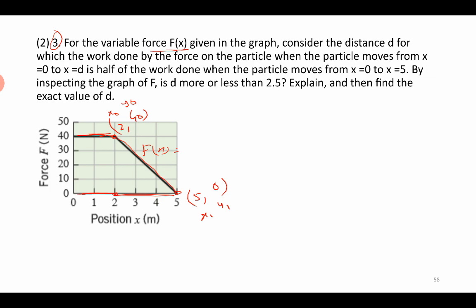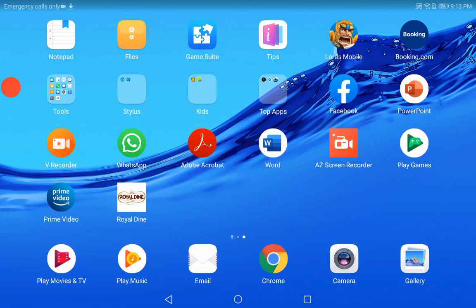What's given? Consider the distance d, for which the work done by the force on the particle when the particle moves from x from 0 to d. D is somewhere else, here or here, anywhere between 0 to 2. D is the distance, isn't it? Either it is between 0 to 2 or 2 to 5. Somewhere D is going to be. But the question is,